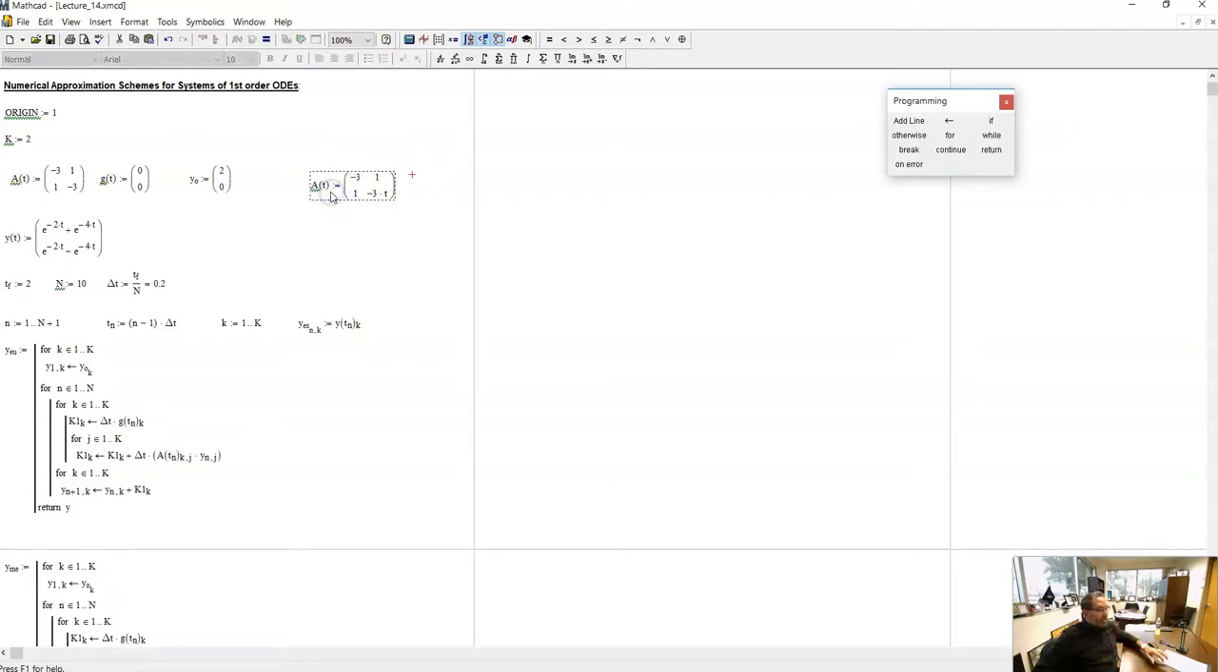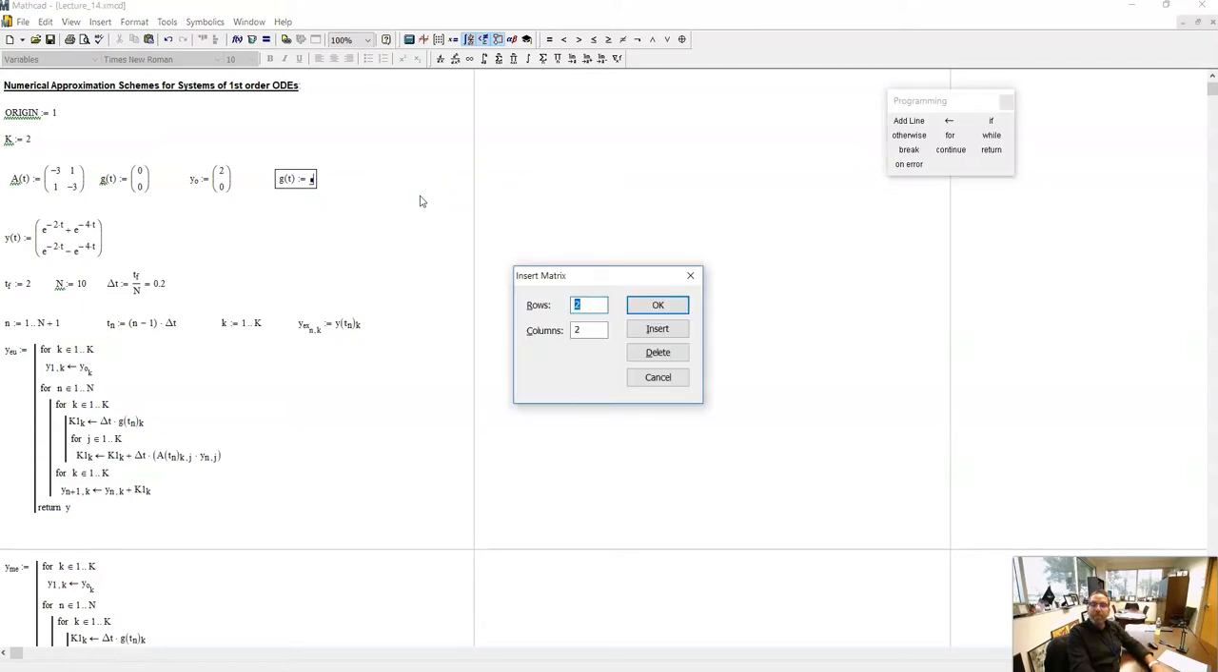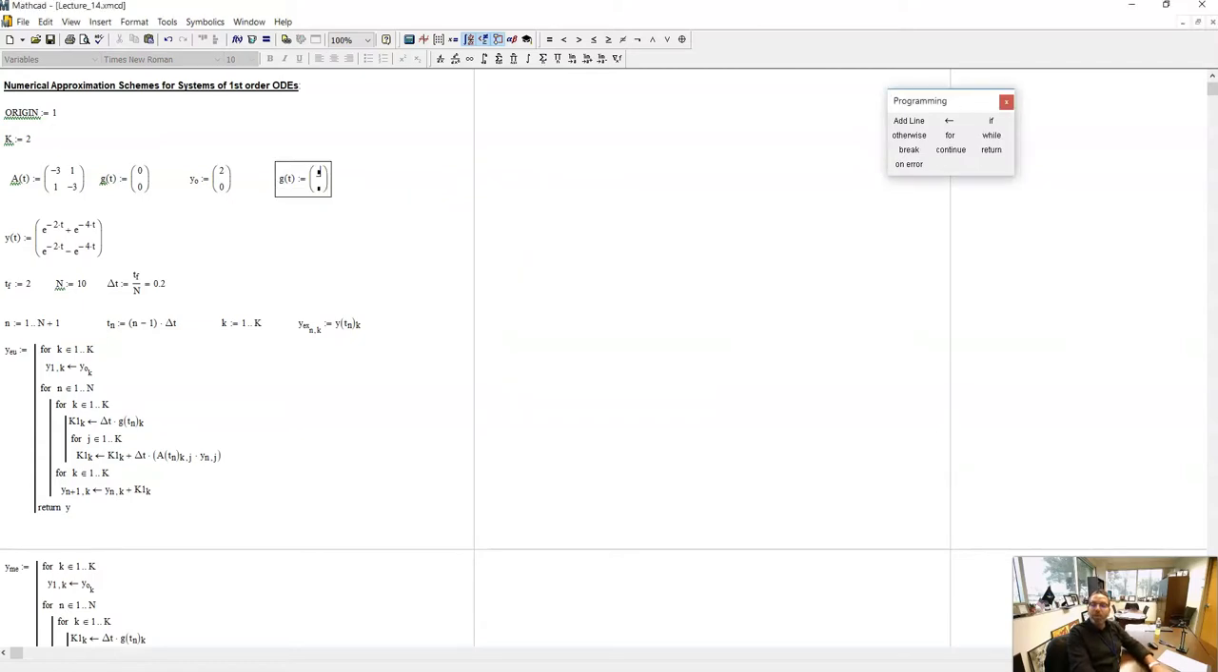The same thing I can do for G, the vector of independent terms, which could also be a function of time. In this case it's also a matrix, a matrix of 2 rows and 1 column. And that is a 0, 0, which makes the system homogeneous. But in general, we can implement this spreadsheet that we have here for non-homogeneous